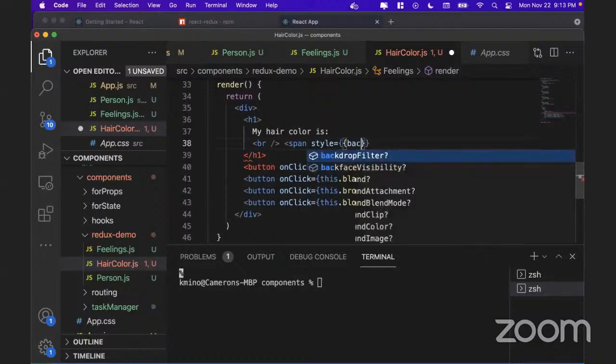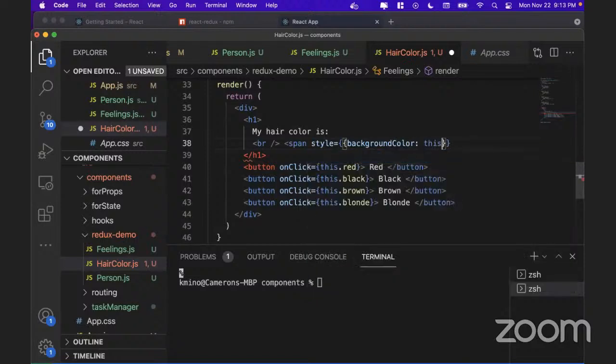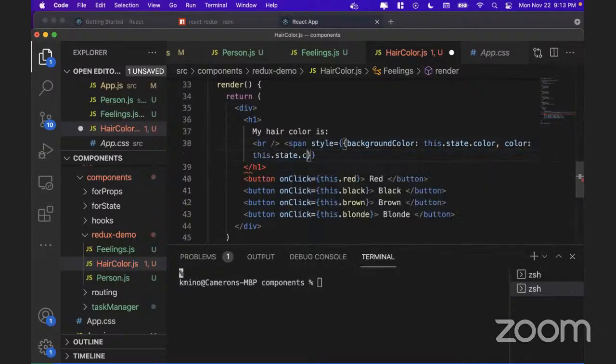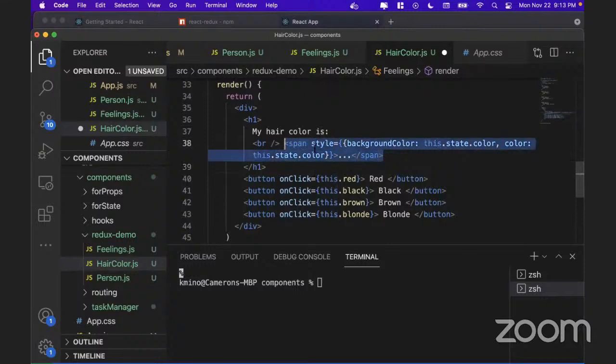So I'm going to say the background color is going to be this.state.color. And then the color is also going to be this.state.color. And then spans are an interesting element. They take the size of whatever is defined inside of it. So kind of like a div, but spans are an inline element versus a block element. So this is just a little HTML element that is helpful for creating a little container, but instead of it being a big block container like a div, it is going to be a container that is about this long